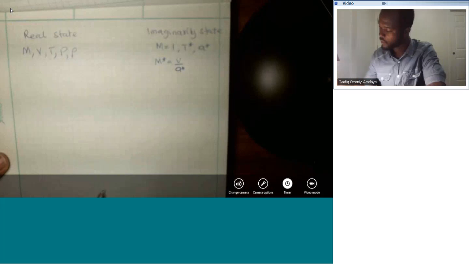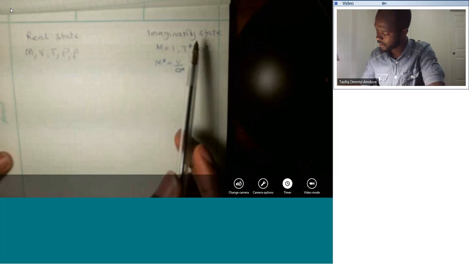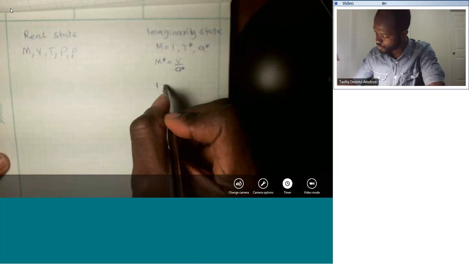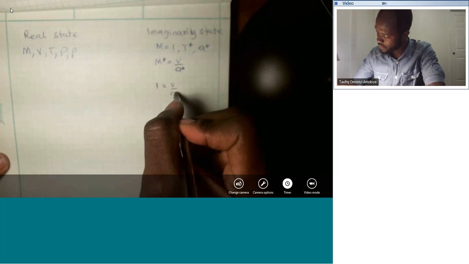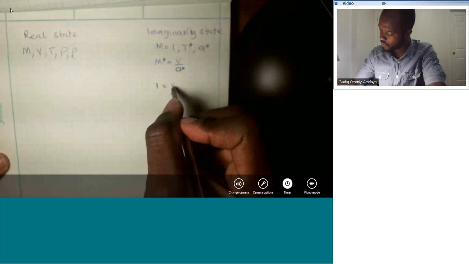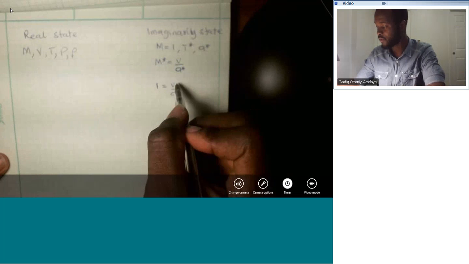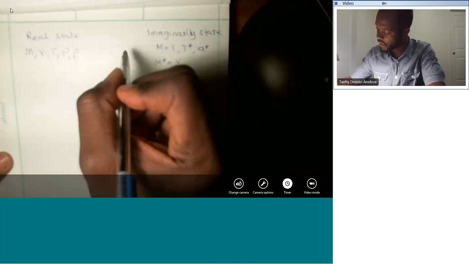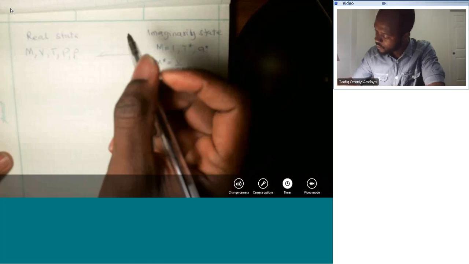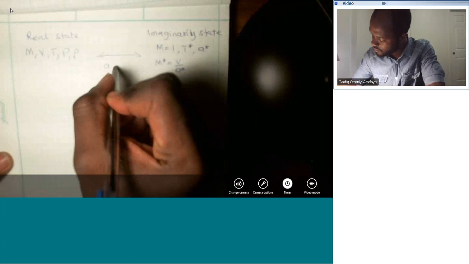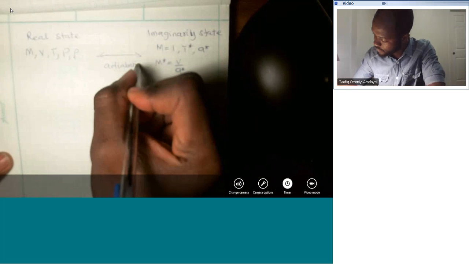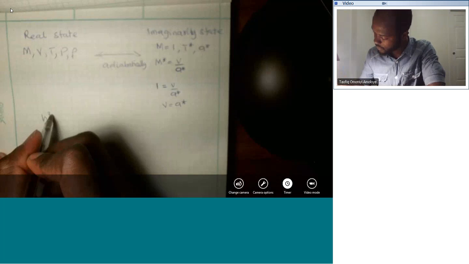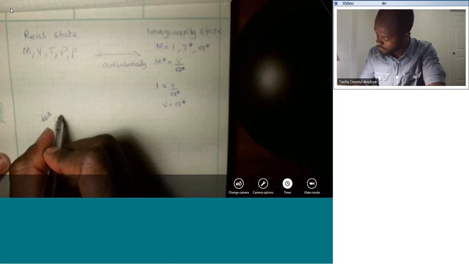At this point, for the imaginary state, since we said its Mach number is equal to 1, 1 equals V over A star. That means its velocity is just going to be equal to A star. So this is the process; we imagine the process to go adiabatically. So if we write the one-dimensional energy equation in this form,